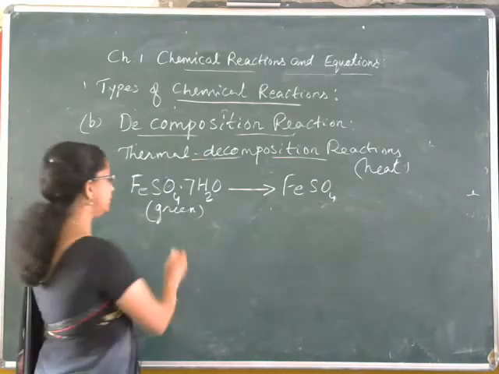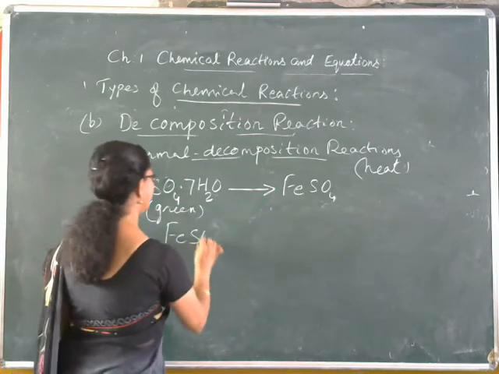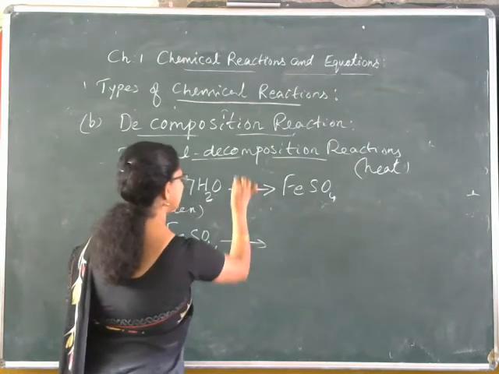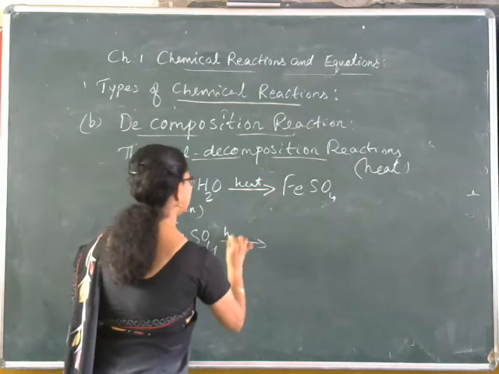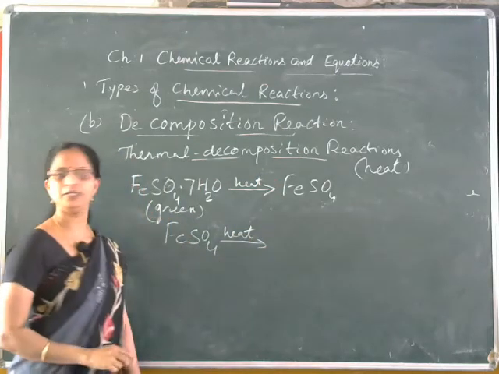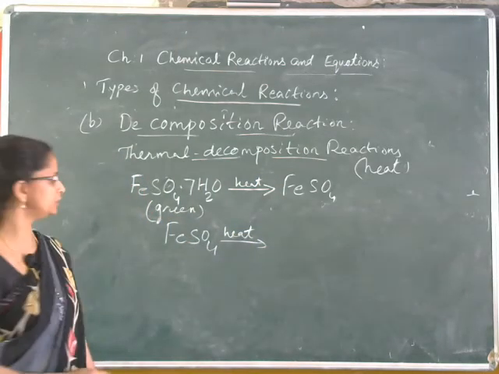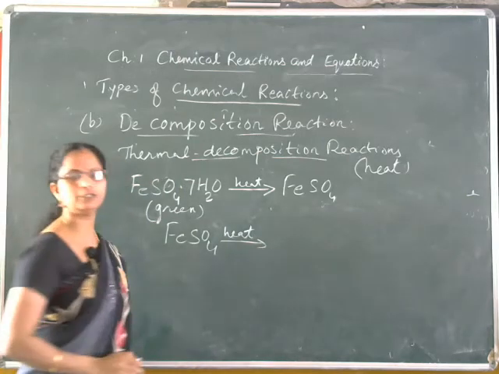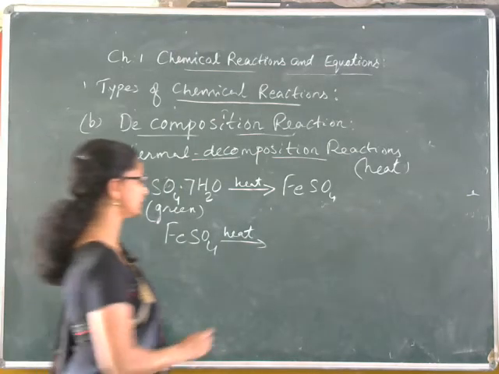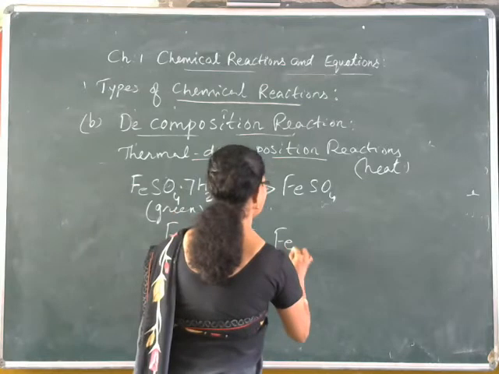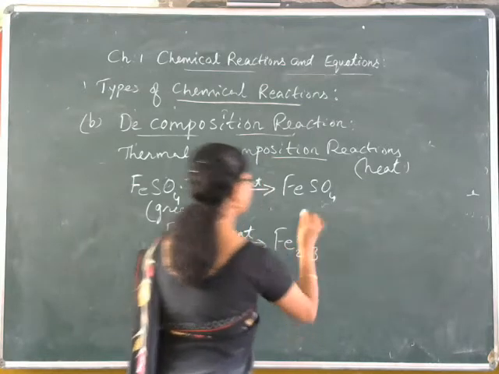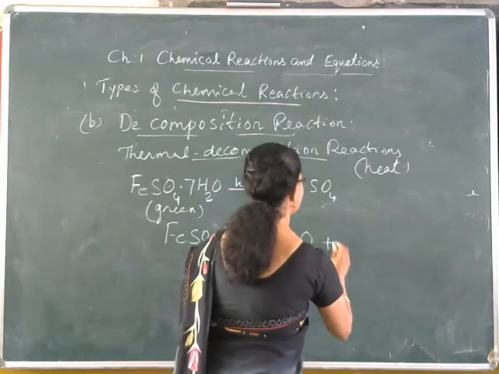On prolonged heating, FeSO4 decomposes. By absorbing heat energy, ferrous sulfate decomposes into three products that are Fe2O3,